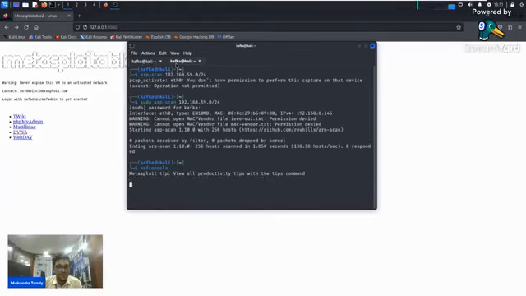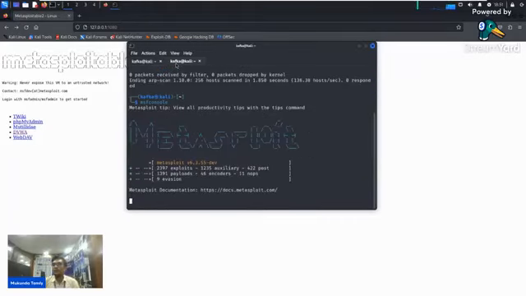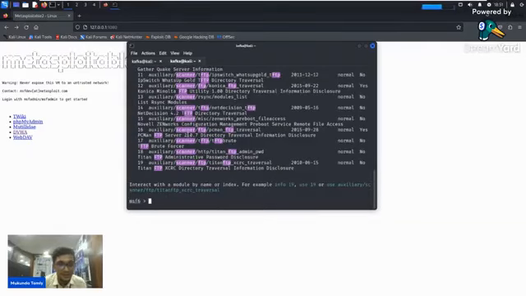And if I go for FTP, on the 21, right? Let's see. So if I go for FTP, let's say search ftp scanner.